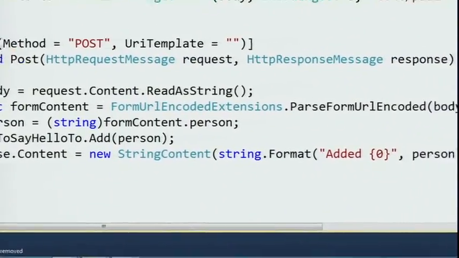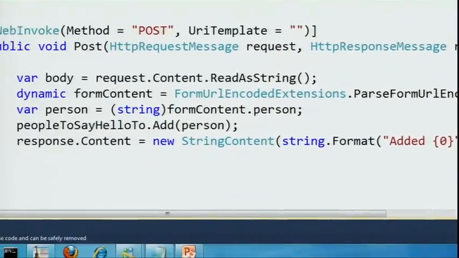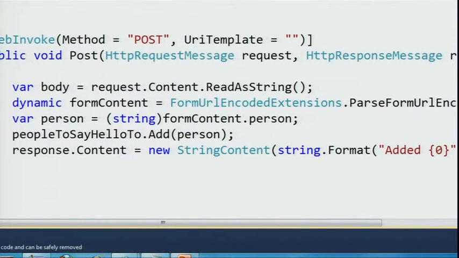Now notice here that there's string content here. So content itself is actually a base class. We have a base class called HTTP content that you can derive from to do all types of things. We have string content and stream content in the box, but we're also going to pass things like object content. And object content will allow you to say, hey, I want to return an object, but I also want to